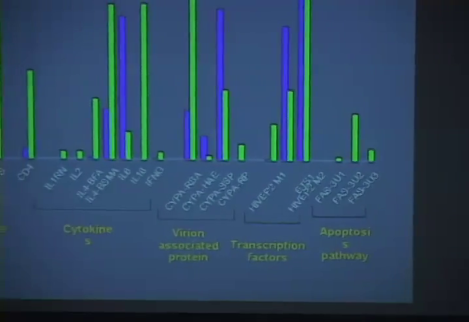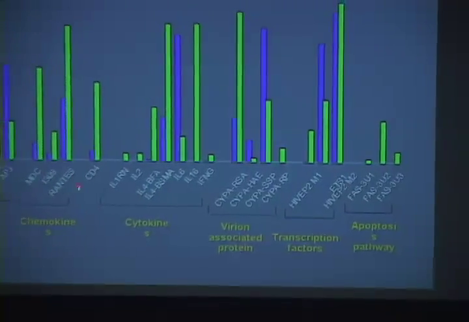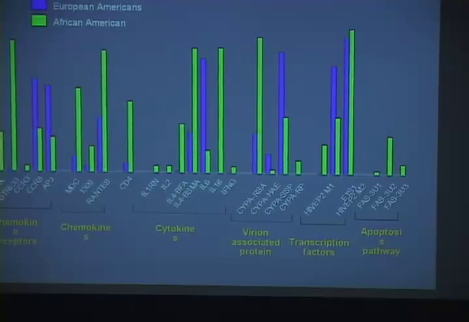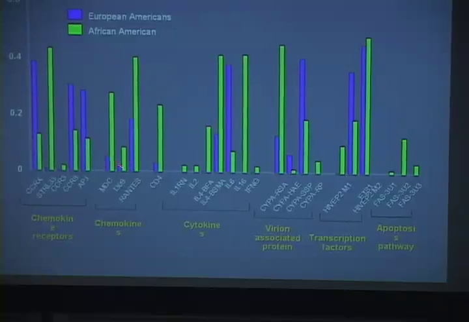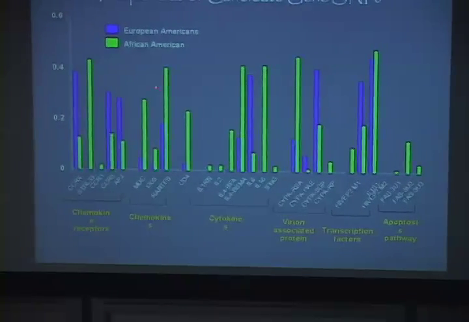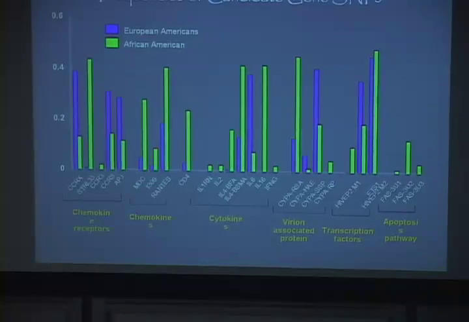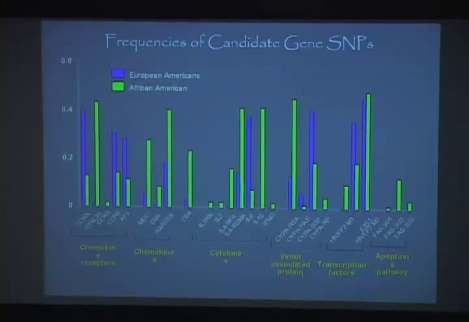This slide just simply illustrates about 20 different immune response genes, in European Americans versus African Americans. Look at this one, look at this one, look at this one. These are differences of 10, 20, 40%. Generally speaking, the lion's share of the genes that are different between ethnicities are in immune response genes because of